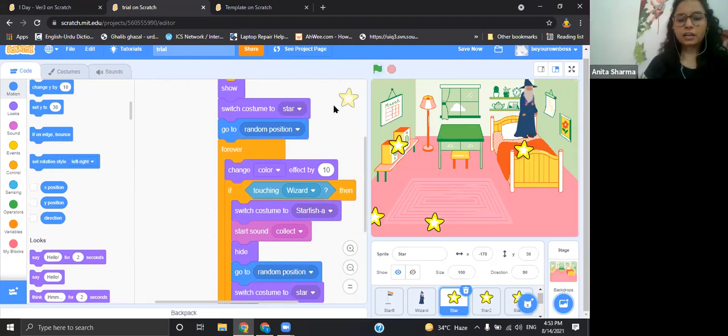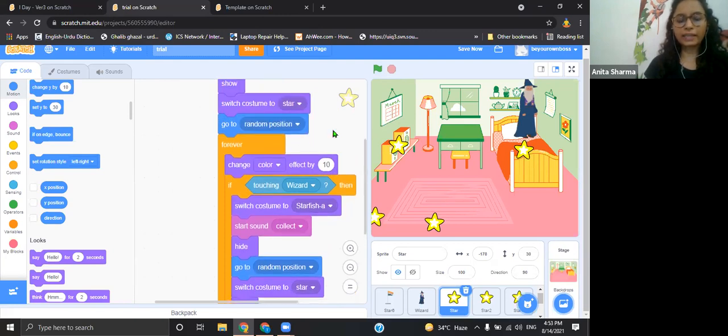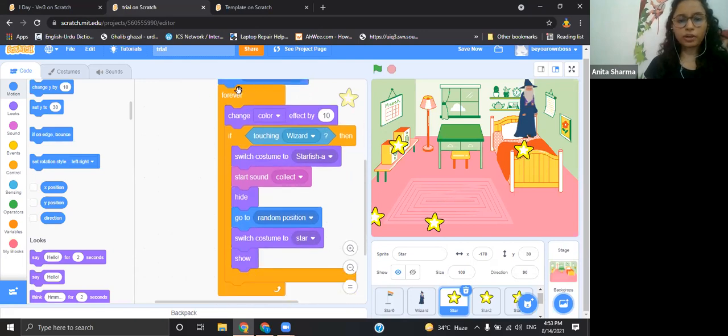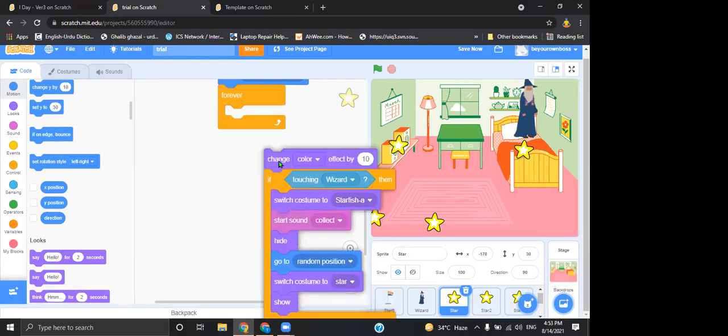No, see, star will only make sound when the wizard will touch the star. But yes, your star should twinkle, keep on twinkling. And of course, whenever your wizard touches the star, it should make sound and go to a random position. So that you can do using this forever loop.